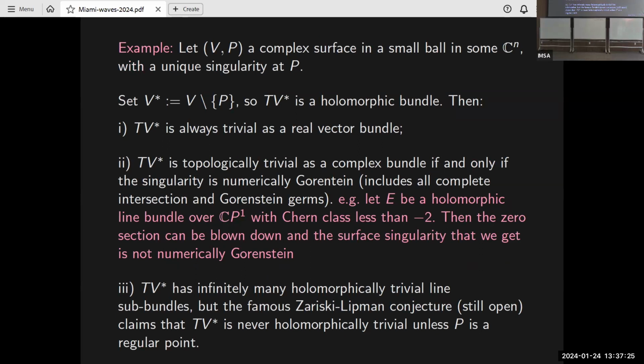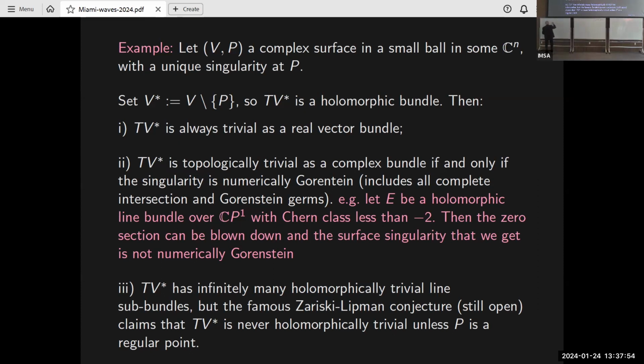Let's start with a two-dimensional complex surface with an isolated singularity. How to construct that? That can be, for example, the zero set of a map from C^3 to C having a critical point. For example. That case for this question is also easy, but more generally you can consider, for example,